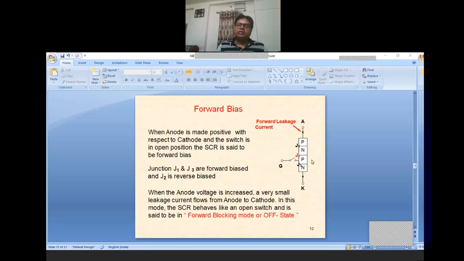It will go on increasing in its width, which makes it difficult for the anode current to reach the cathode, and only a very small current, of the order of microamperes or milliamperes, flows from the anode to cathode,